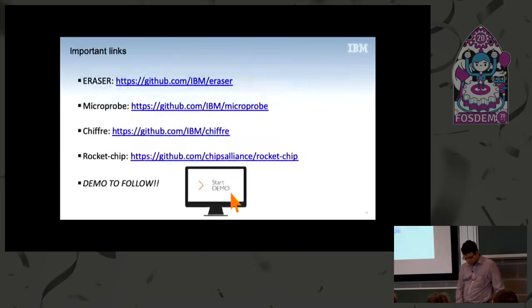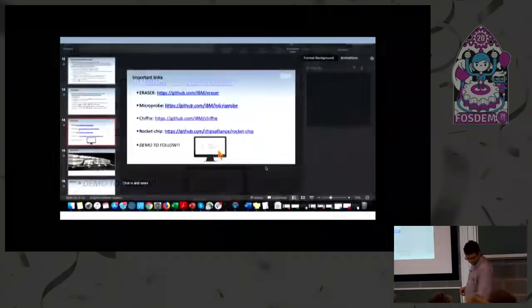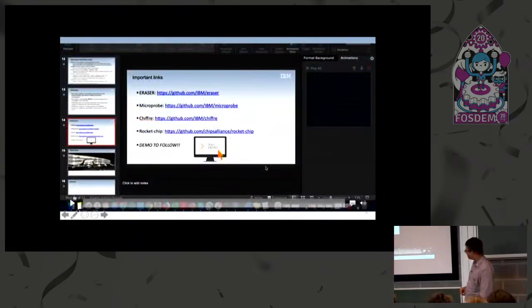These are some of the key links. This is all available on GitHub. It's all supported by the Apache 2 license, and it's free for use. Many of the other tools which are used, like Microprobe, and of course the Rocket Chip, which is our evaluation core, can also be accessed through this GitHub module. I have a brief demo for this. Hopefully the sound doesn't give up on me.